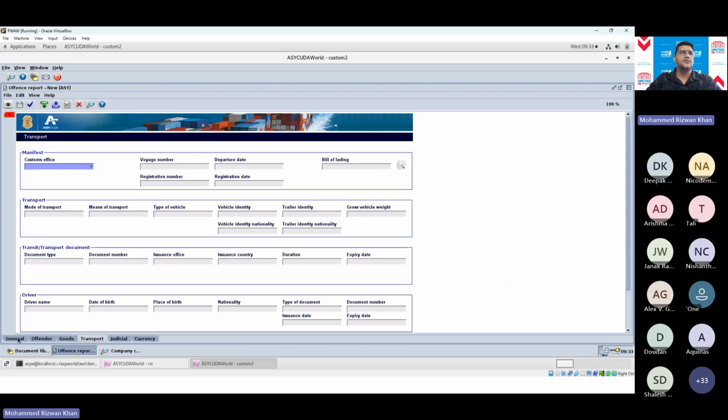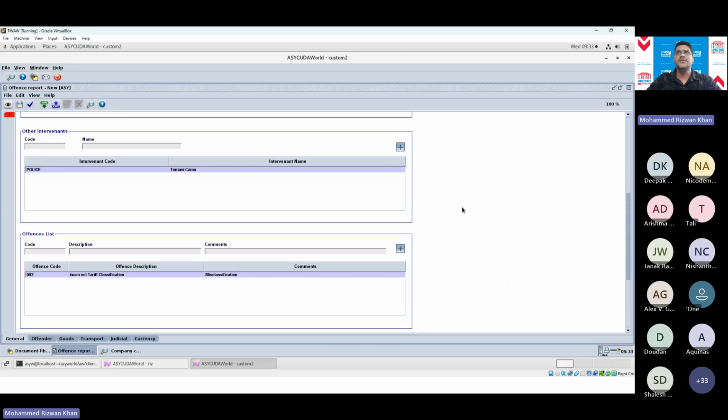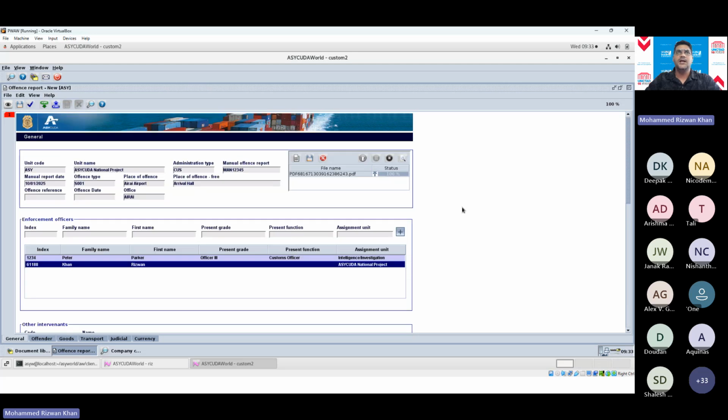Now we are done with this. So it's very simple. We try to keep it very simple, not too complicated, not overcomplicate it. And these are the only things that you need to fill. So you verify, and if all the mandatory fields are filled, then you can either store.